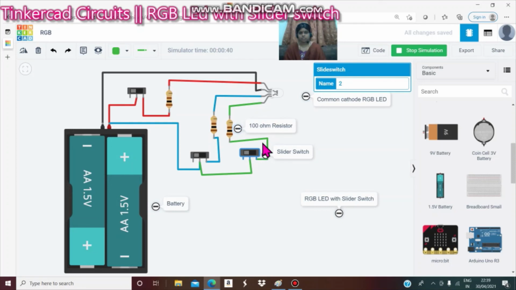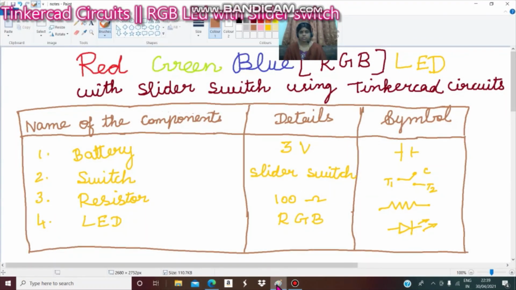Okay viewers. Next we have to see the components and the symbol and details of the components. Okay, this is the topic: red, green, blue RGB LED with slider switch using Tinkercad circuits.